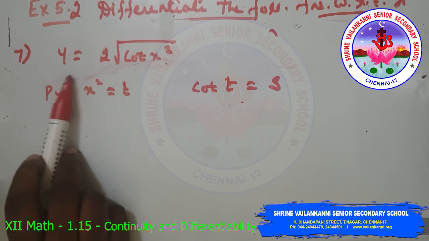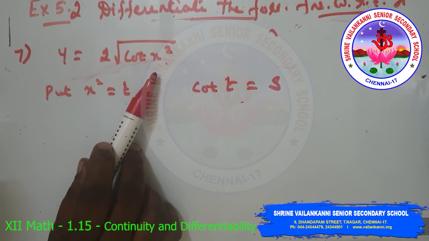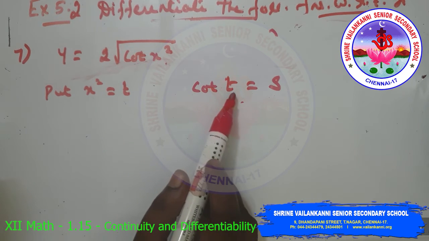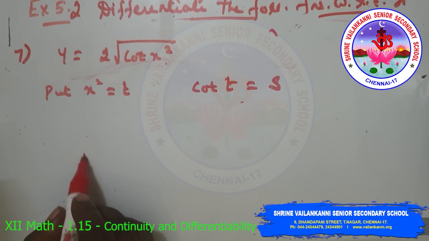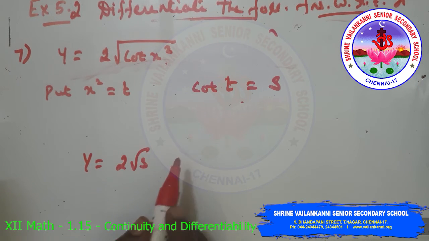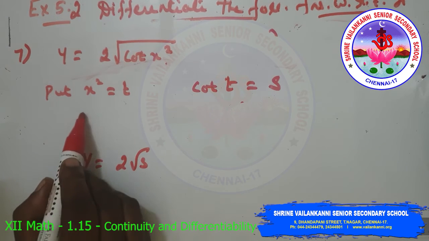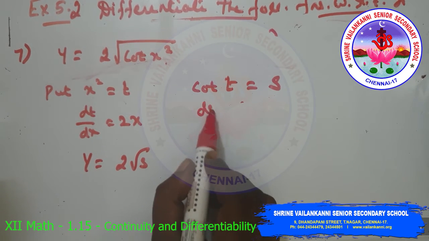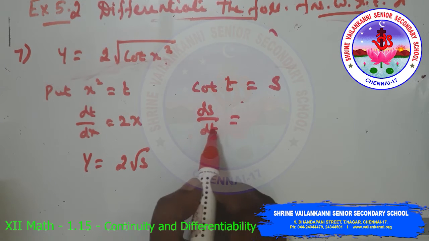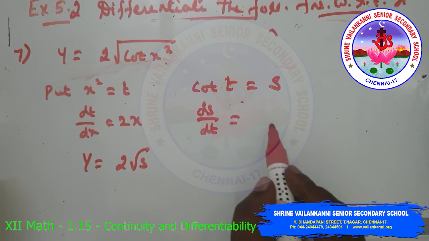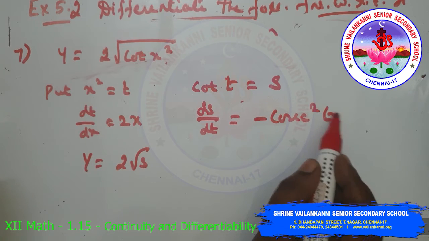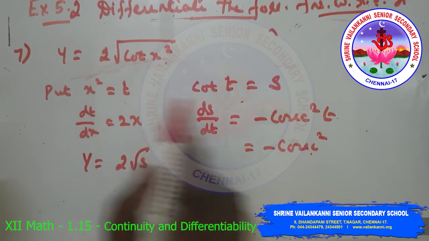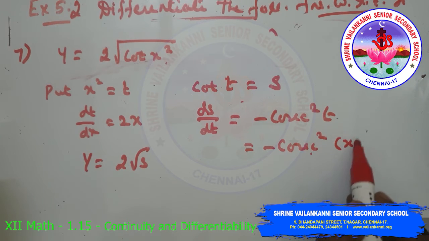Seventh question, let y equal to 2 into root of cot x square. Put x square as t and cot t as s, then y will become 2 into root s. So differentiating this, dt by dx, which is equal to 2x, differentiating s with respect to t, ds by dt, so cot t, which is minus cosecant square t, replacing t, minus cosecant square t is 2 x square, so minus cosecant square x square,